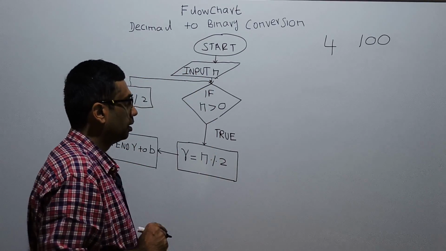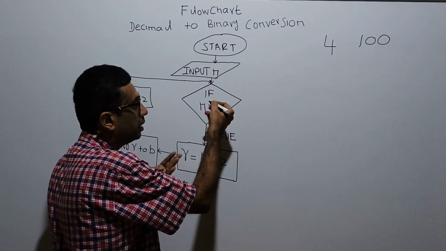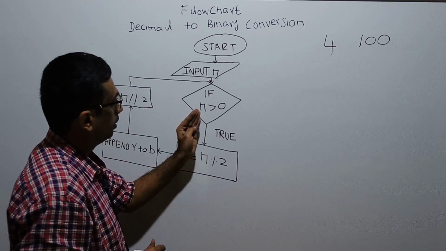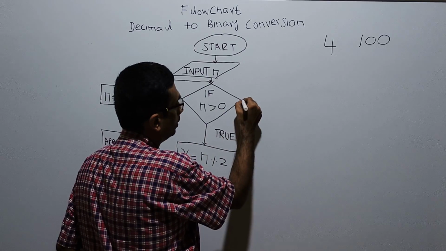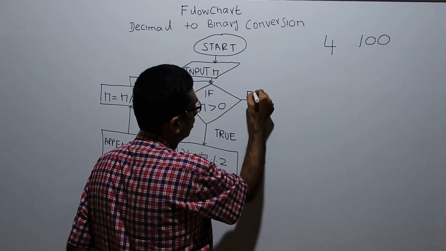If n greater than 0 is false, that means n may reach 0. N equal to 0. In such a case, the condition is false. In that case, if the condition is false,